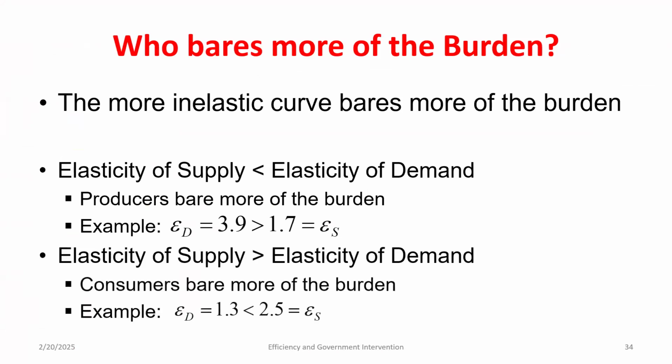And then the exact opposite is true. If I had an example, also to make the point, let's say this was 0.5 and 0.3. So both consumers and producers are inelastic. Even if they're both inelastic, who's going to bear more of the burden? Whoever is more inelastic. So if this, instead of 1.3 and 2.5, was 0.3 and 0.5, it would still be that consumers are more inelastic, and so they're going to bear more of the burden. Okay?